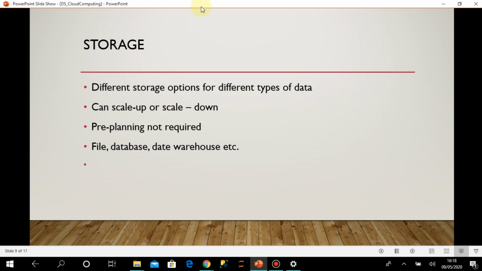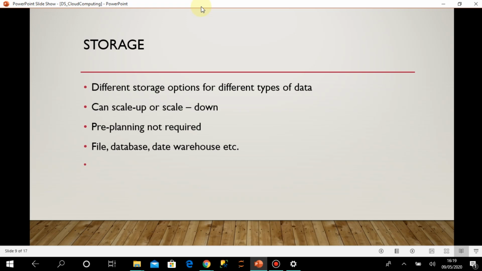But in the case of cloud solutions, we don't need to bother about these many things. There are many types of storage available with the common cloud providers. So we can have a file system where we can keep data as files. We have databases, we have data warehouses, we have data lakes to store unstructured data. So different types of data and different volumes of data can be well handled by cloud providers like Azure. So that is very cost effective and efficient and very easy to use storage solutions.